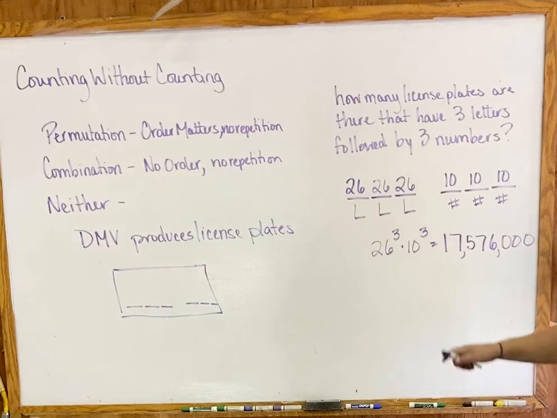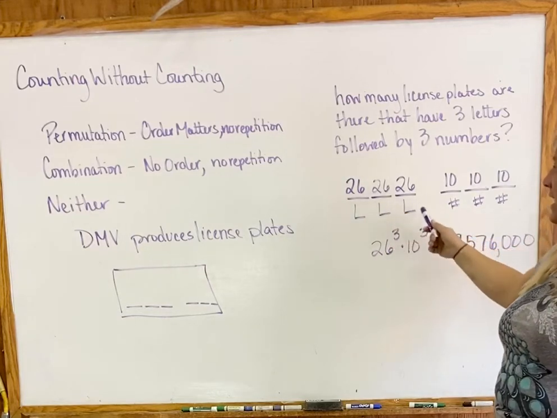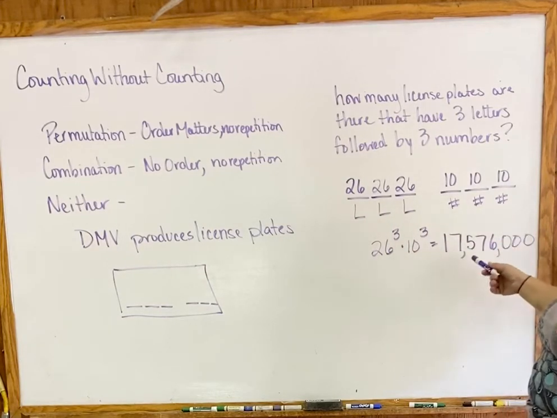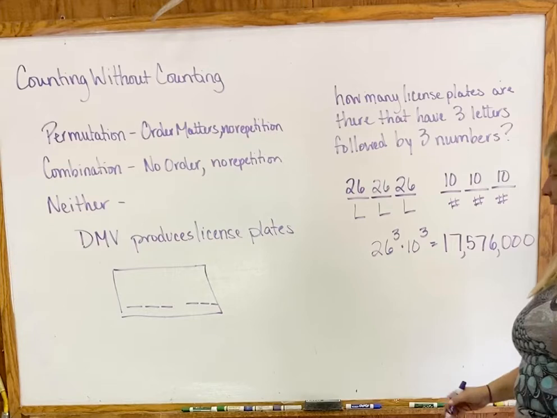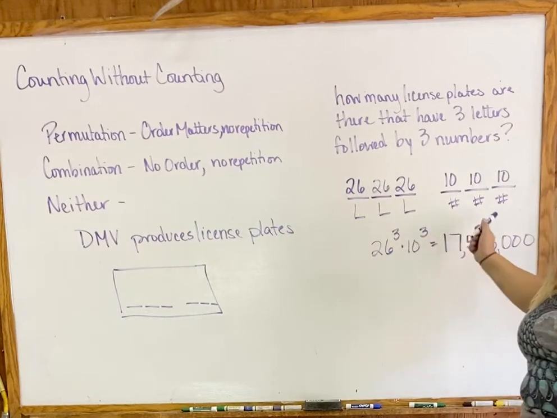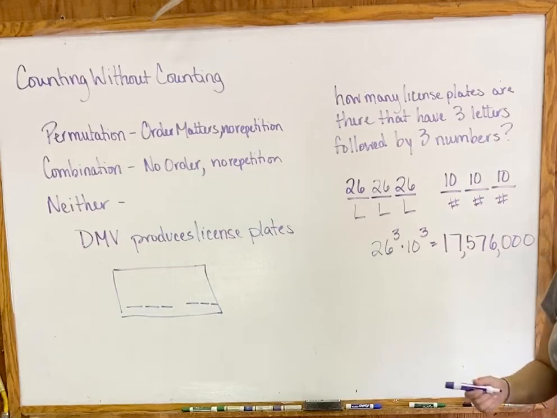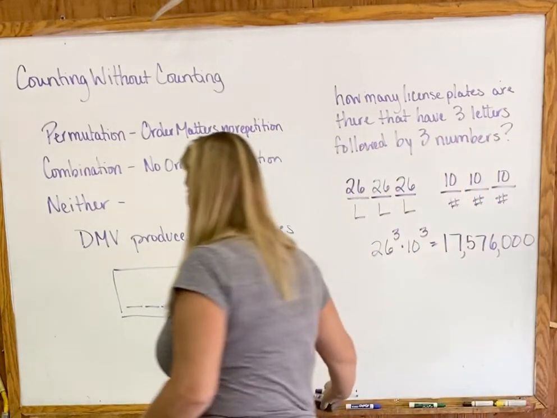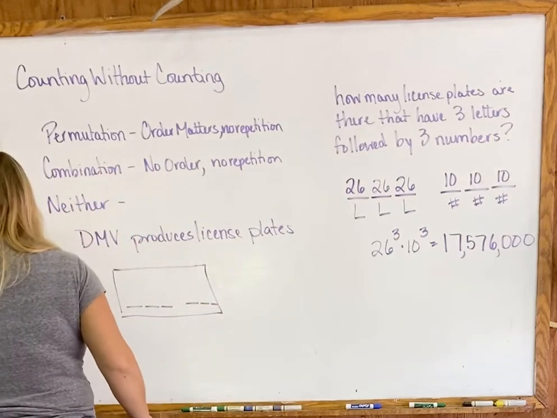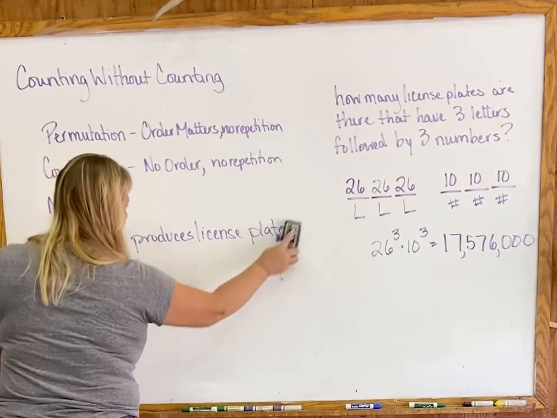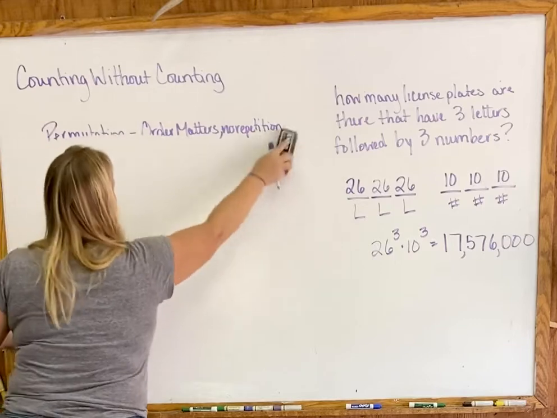Okay, it's not. So what happens is, a state calculates this and says, oh, it's over 17.5 million. That's plenty for our state. We're good to go, okay? But in a state like California, we go, no, this won't work for us, okay? This is too small for us. So we need to have license plates that have more digits on them, okay? So our license plates in California